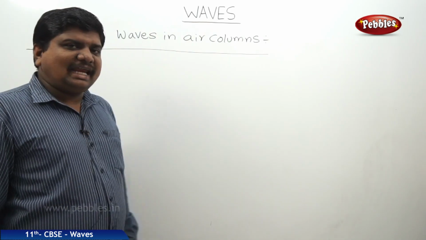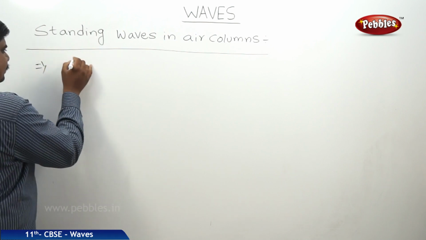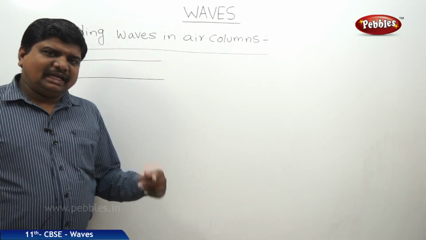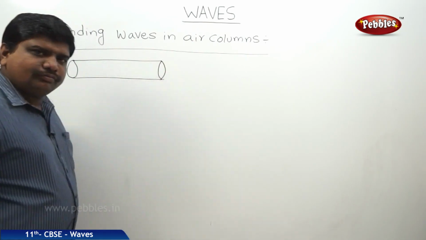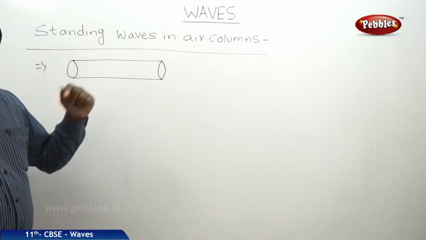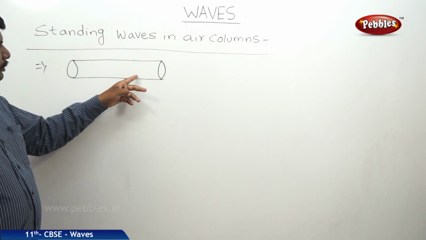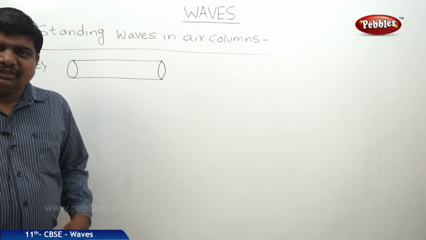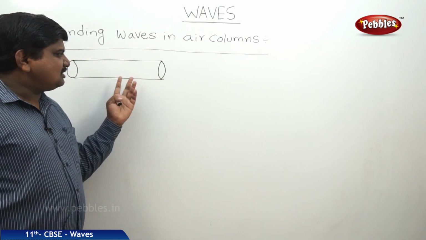The next concept is standing waves in air columns. That means, suppose an organ pipe was taken, and both ends are closed, and no air is leaking into it. That means if we beat this organ pipe at any point outside, then it creates the sound wave and these waves will travel through the pipe and get reflected back to the original position at the ends. That means the air inside the organ pipe acts as a reflector of the sound wave